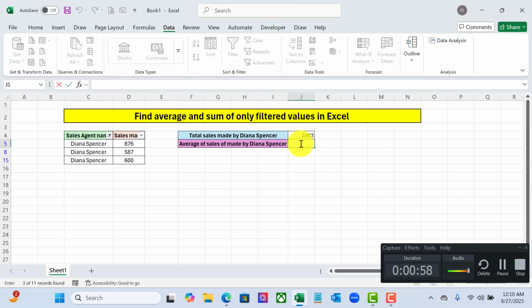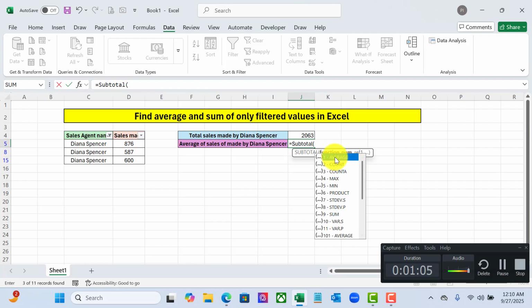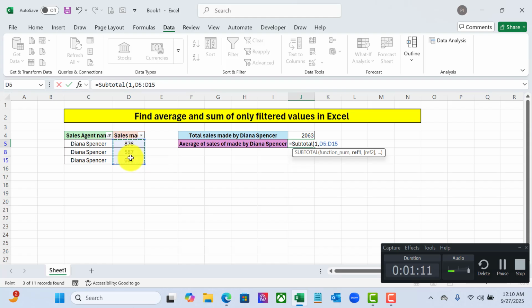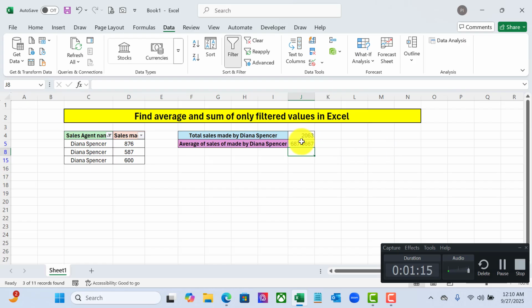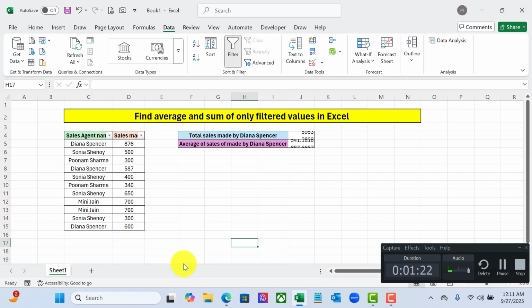Now if you want to find average, then again I will use the subtotal function, and for average here is 1, so I will use 1 comma and use this one. We got it. Let's say I want to find average of